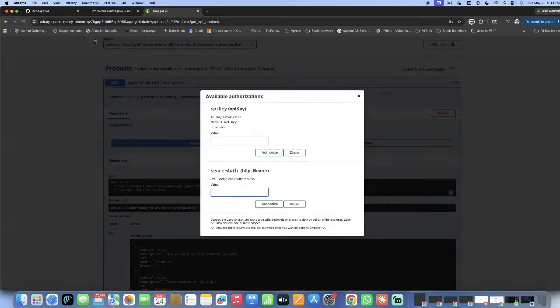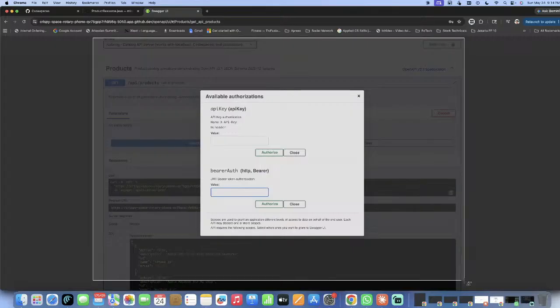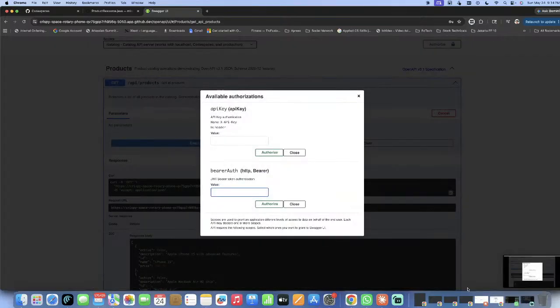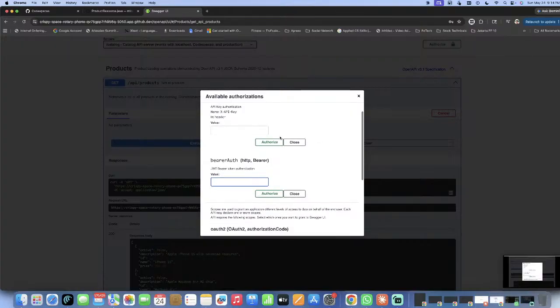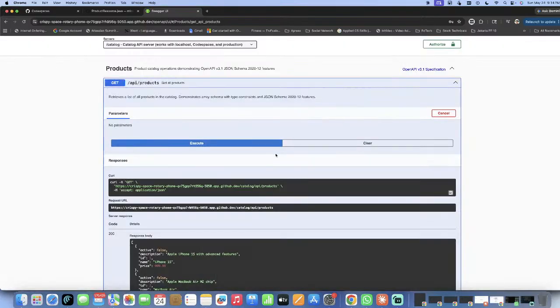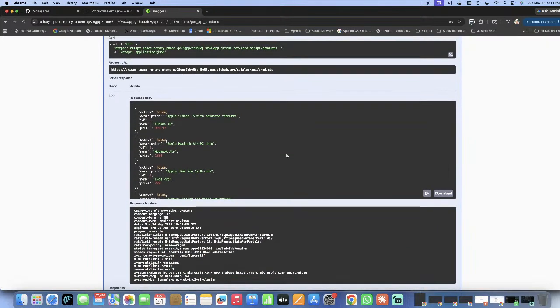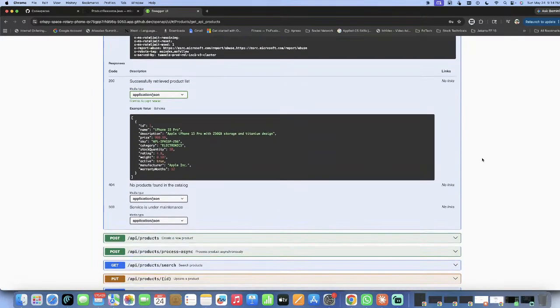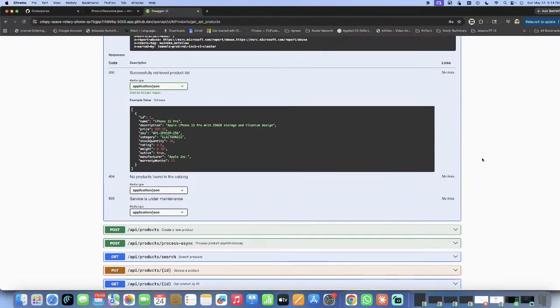This can also be very important for developers because in order to build a client, you need details about authentication, what the token values are, what kind of token you need. So all these details are available based on the annotations. All the annotations have been described well in the tutorial, so refer to that for further understanding of this